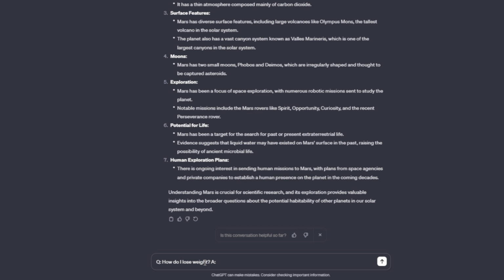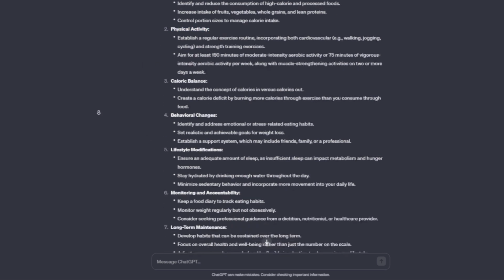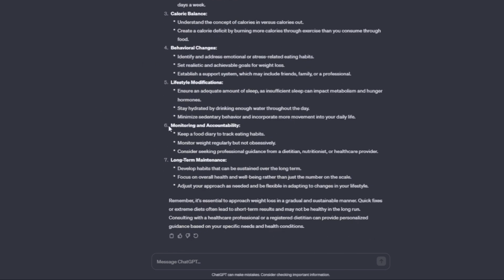And then for answer, let's specify that we want it to break down the subproblems. You can see once again we receive a quite expansive response. Instead of just putting these in bullet points, it gives us full explanation and a breakdown of each bullet point uniquely.